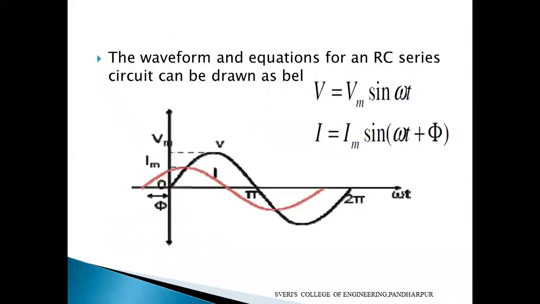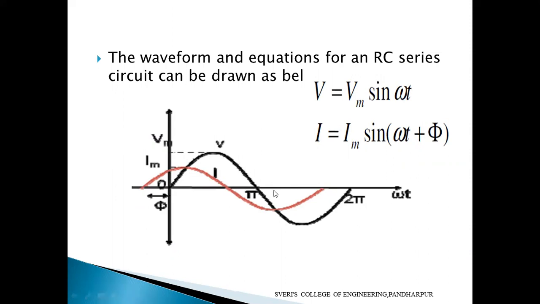Yes or no? Yes, sir. So voltage starts from 0 because V equal to Vm sin omega t. But the current has plus phi there. So before the voltage, it should start here now. The current should start before the voltage. Voltage 0 से चालू हो गए तो 0 से पहले, that is called minus pi. Minus pi से चालू होना है. So it will start from here now. Is it clear now? Yes, sir.